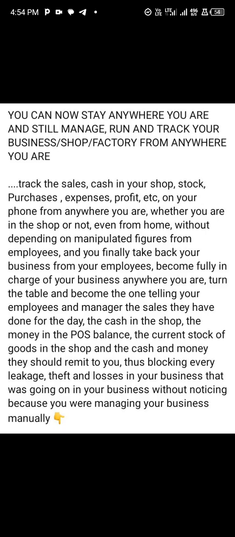All on your phone from anywhere that you are, whether you are in the shop or not, even from home, without depending on manipulated figures from employees. And you finally take back your business from your employees and become fully in charge of your business anywhere you are,